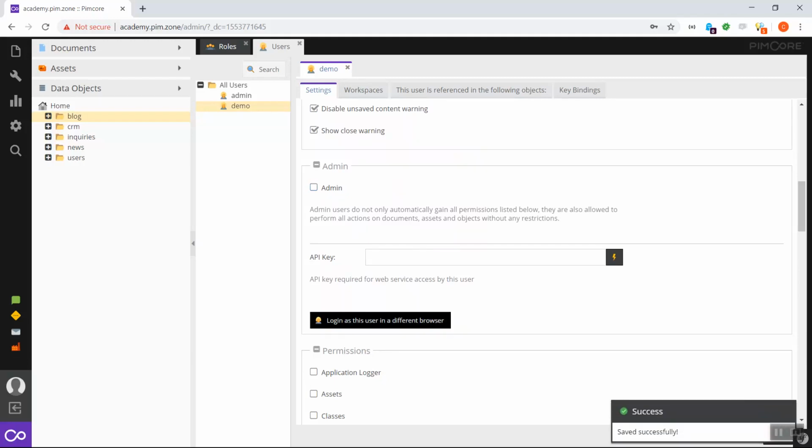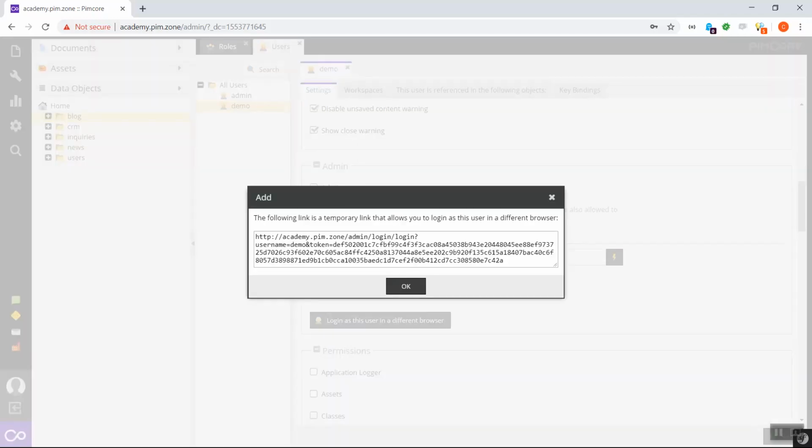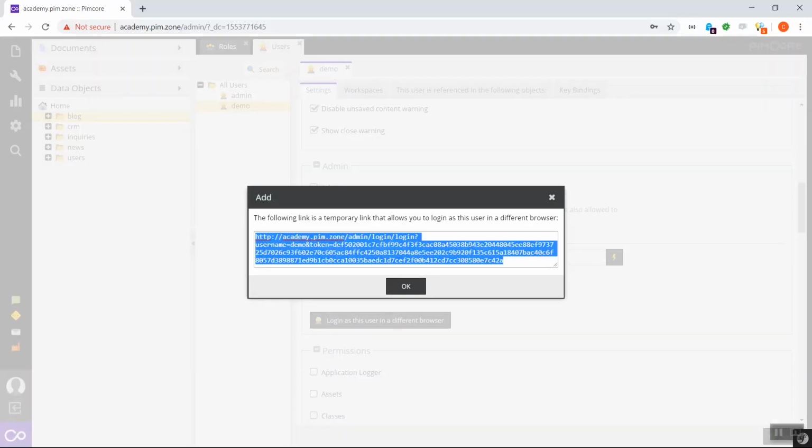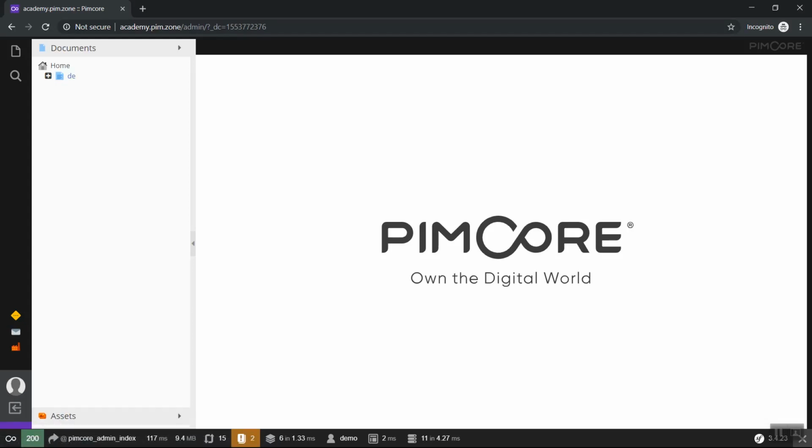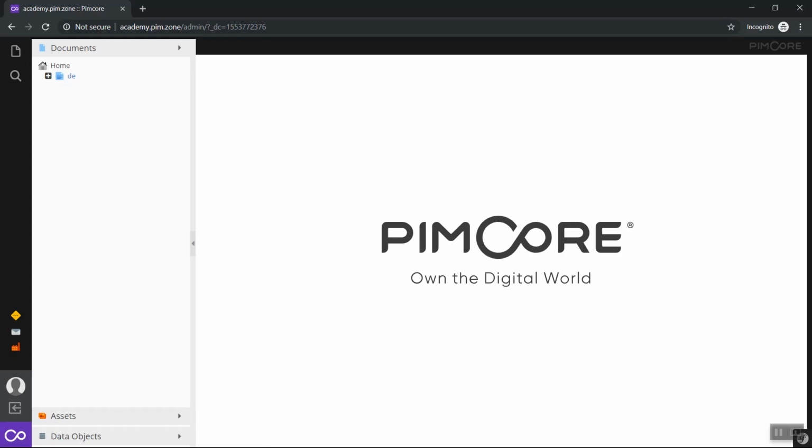So now we have saved the user, and let's test if our user settings are as expected. To do so, there is another quite useful feature in the user menu of Pimcore, which is this button here, log in as this user in a different browser, which gives you a URL with a token and allows you to log in as this user, to impersonate this user. And there we see our permissions already